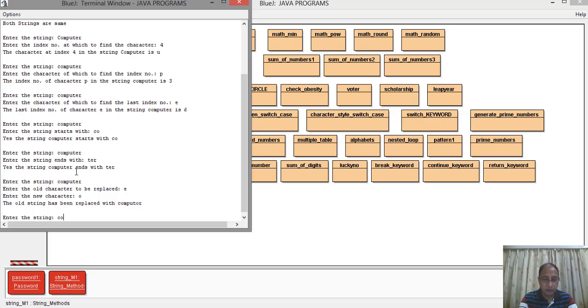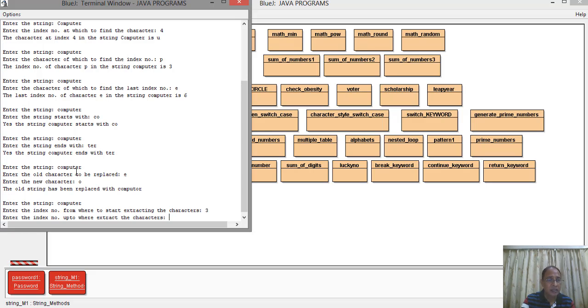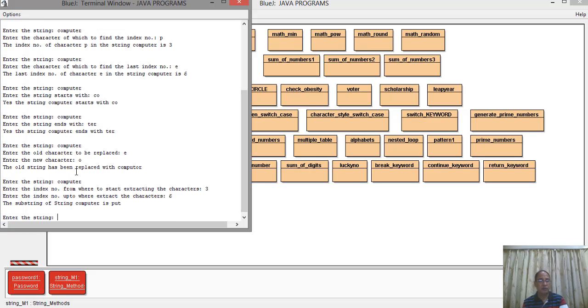Now we have another string, computer only. From where to start extracting the characters? Suppose we want to take out PUT. Now PUT, the P starts at which index? That we have to give. P starts at index 3 and T ends at which index? That is, it will ask you the last. So we will give 6. So it will take out PUT because 6 minus 1 is 5. So 3 to 5, that is 3, 4 and 5, PUT will be taken out, and the substring is taken out